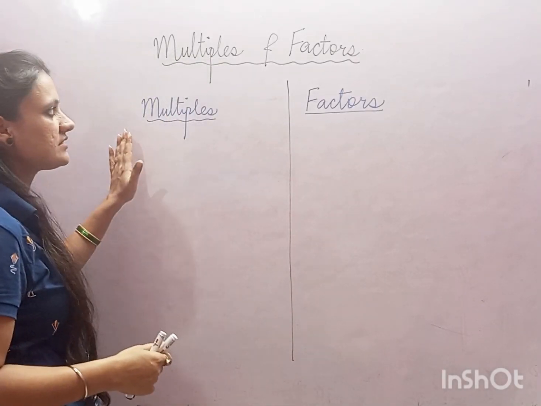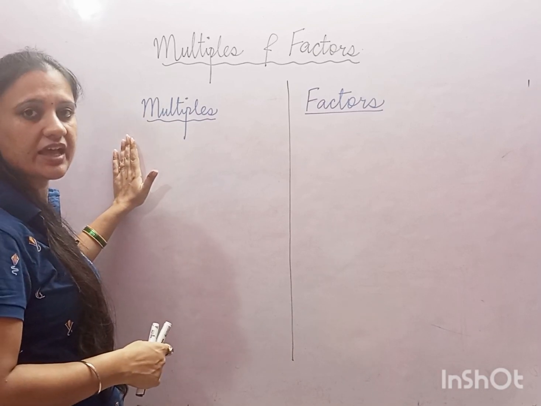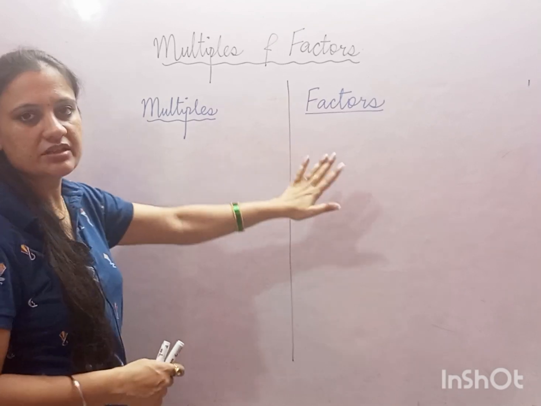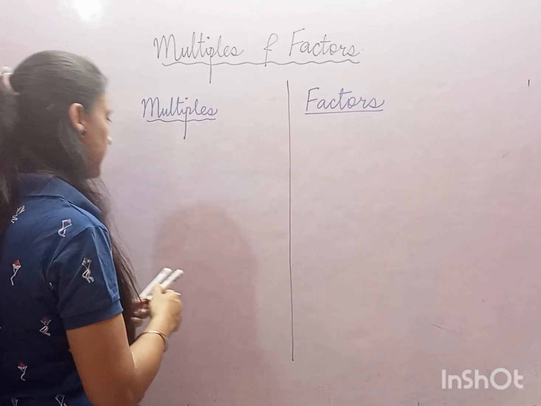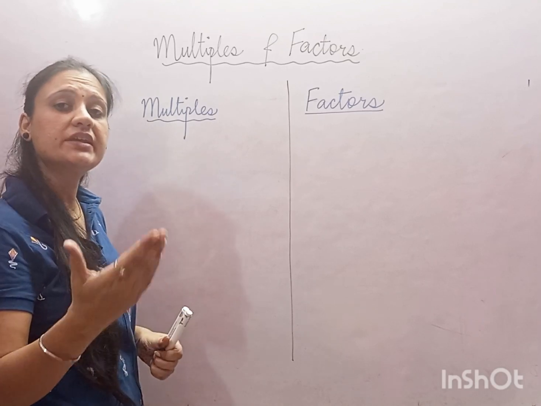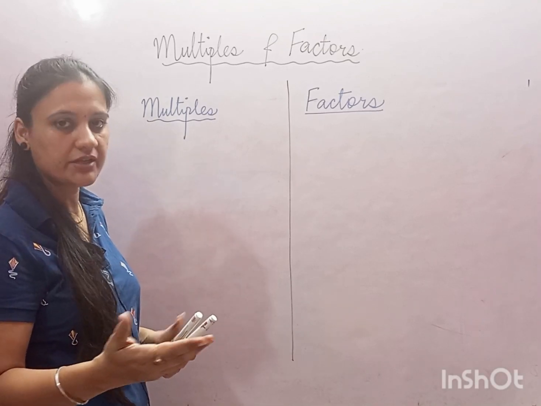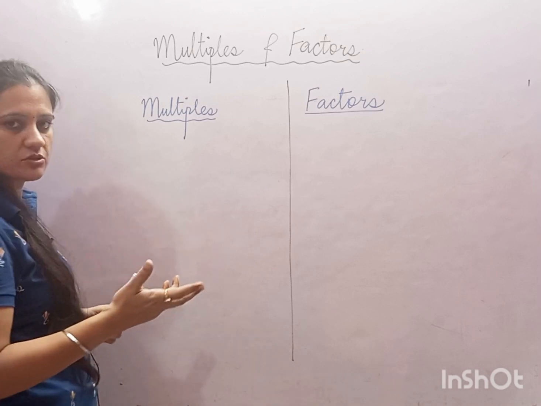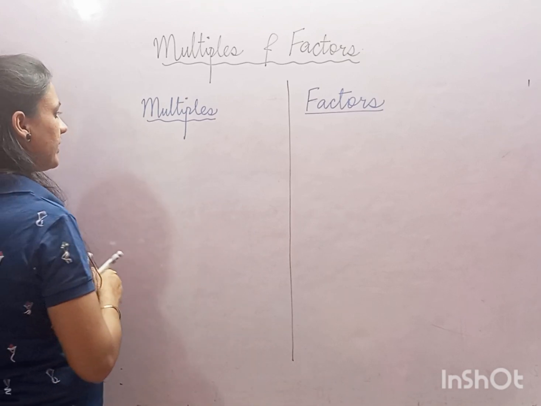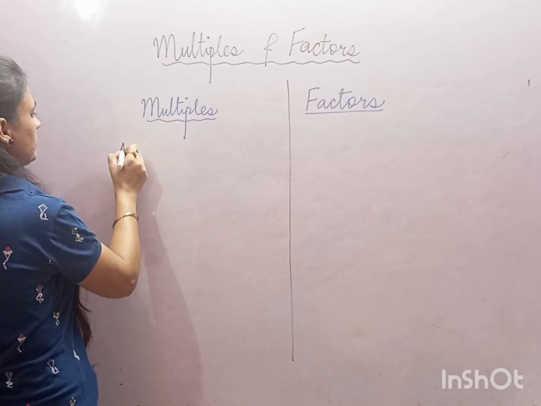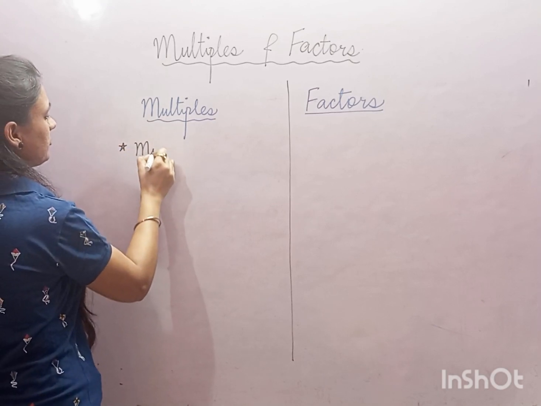Now we are going to discuss a new topic, that is multiples and factors. Children, let us understand what are multiples and what are factors. Multiples. Multiple, by the word itself you can understand, which we get after multiplication, right? For example, if somebody asks you to find out the multiples of a given number, how are you going to find out? Always remember that to find out the multiples,